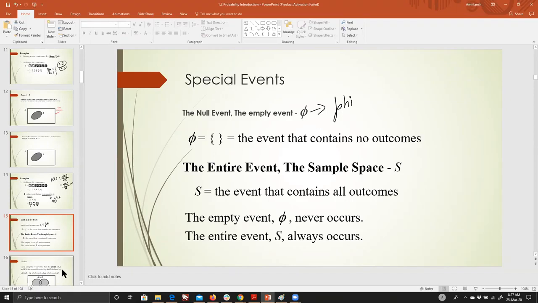The entire event S, the sample space, is the event that contains all the outcomes. So the empty event phi never occurs, and the entire event S always occurs. Is it clear? So the probability of phi is, and the probability of S is